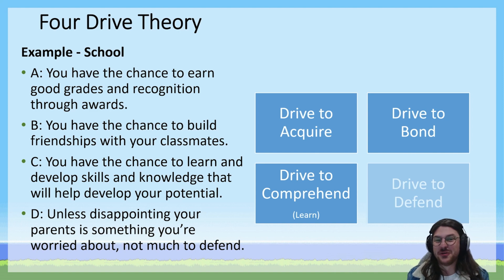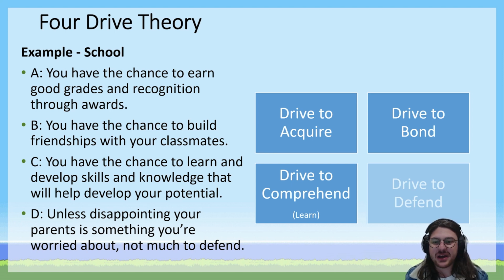Generally speaking, however, school is a pretty safe space. The consequences for failing to achieve shouldn't be that you're punished. Certainly, I'm sure discipline exists in your school, just as it exists everywhere for people who fail to meet the minimum standards for behavior. But generally speaking, for most people, there's not much on the line in terms of negative consequences. So perhaps at school, your drive to defend isn't being activated. I do know for some of my students that their parents are quite involved in their education and quite interested in their education, and there might be consequences at home for failing to achieve grades. So for those students, perhaps the drive to defend is activated. But generally speaking, we'd expect that maybe it's not.